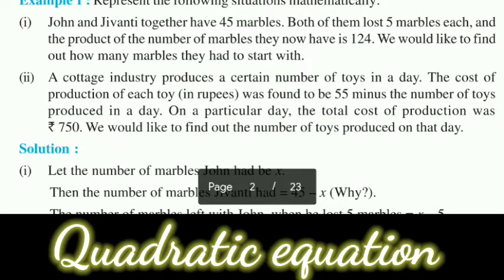Okay, so quadratic equations are clear. There are only two points. Any polynomial of one variable having degree 2 is known as a quadratic equation. And when the powers of that polynomial are written in descending order, that is known as the standard form of the quadratic equation. The standard form of the quadratic equation is ax² + bx + c = 0.